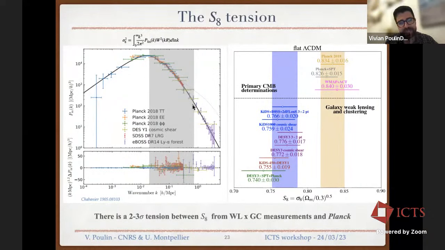And what it says, and the left picture here is a little bit outdated because really what's happening now is that the latest measurements seem to tell you that the amplitude is slightly lower than the ΛCDM prediction. This is illustrated here on the left. The S8 parameter measured by this weak lensing and galaxy clustering measurement seems to indicate that it's slightly lower than what the ΛCDM prediction is.